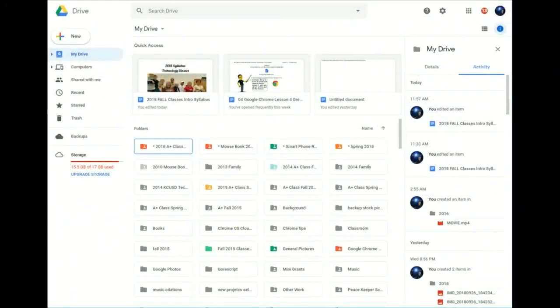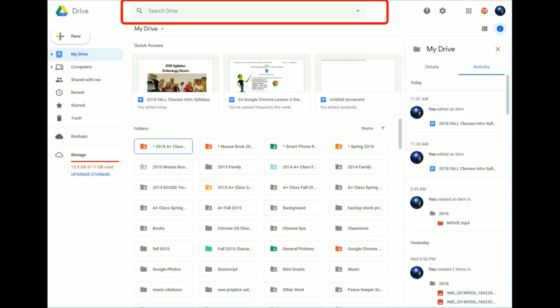The Google Drive is going to be the place where we're going to be storing all of our documents, spreadsheets, and PowerPoint presentations in. It's also an easy place to find Google Docs, Google Sheets, and Google Slides. Let's go over some of the features that we see in it now. First off, whenever you are within your Google Drive, you should see the Google Drive icon in the upper left-hand corner, as you see I have highlighted here.